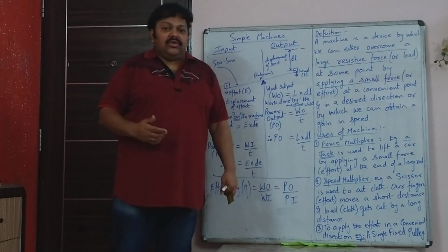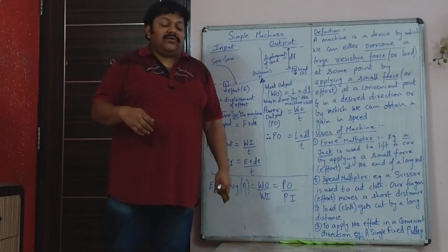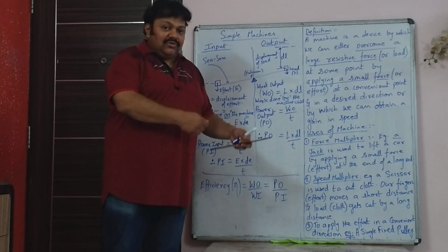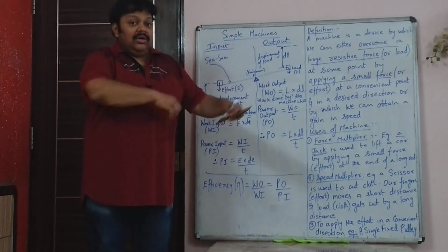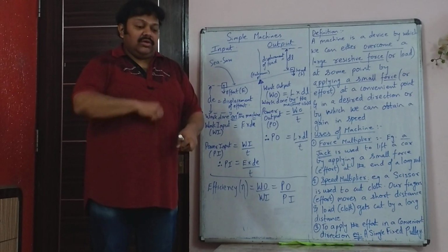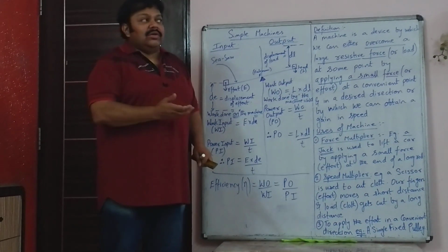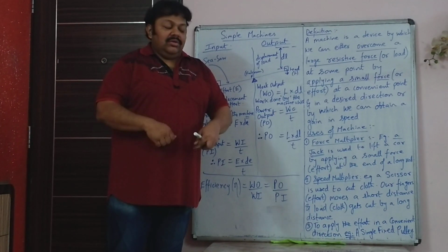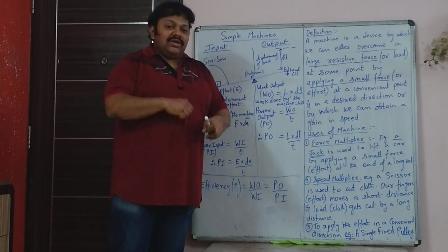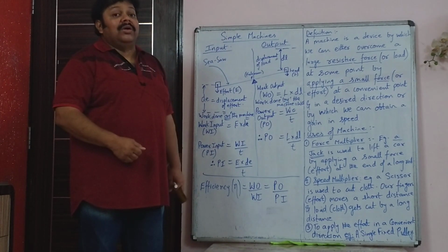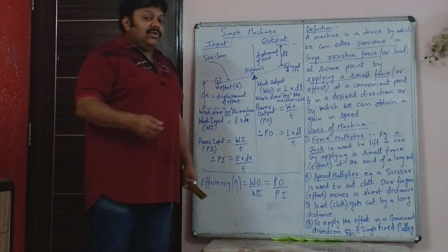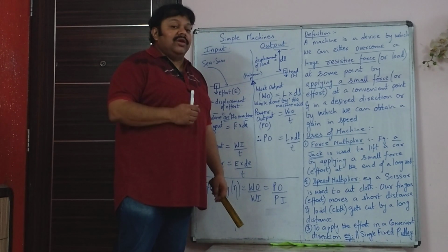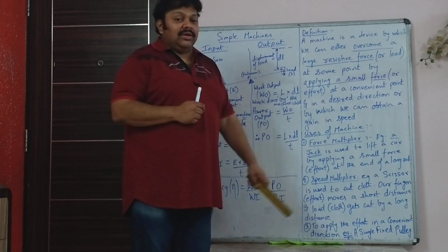Now an example of a force multiplier is the screw jack with which you lift the car. If there is a puncture, you put a screw jack down, and then there is a long rod. Because the rod is very long, by putting a small effort, you can see that the 1000 kg car goes up. You are hardly applying any effort. That is because of the long rod. But with that small effort, you are able to lift a much bigger load. So that's the use of a screw jack. Such machines where a small effort overcomes a much greater load are called force multipliers.